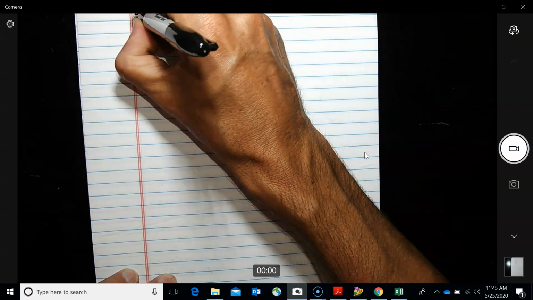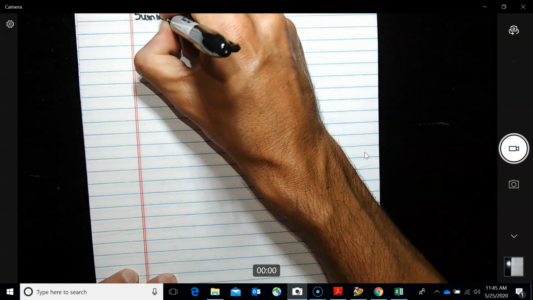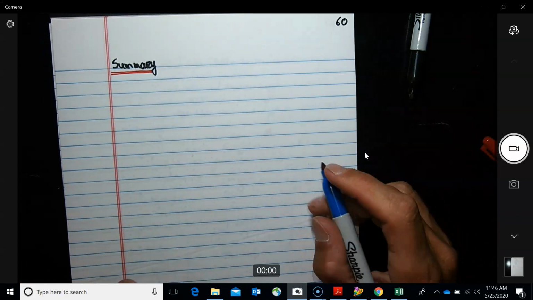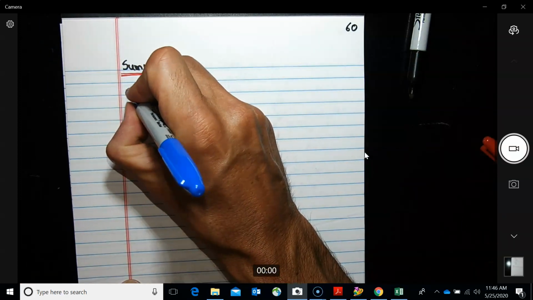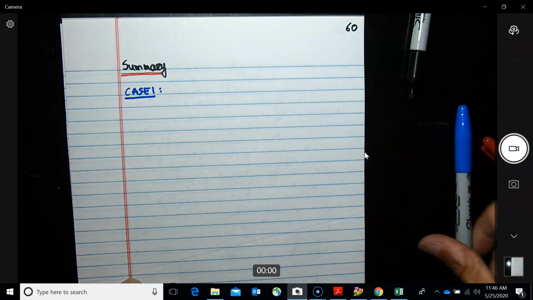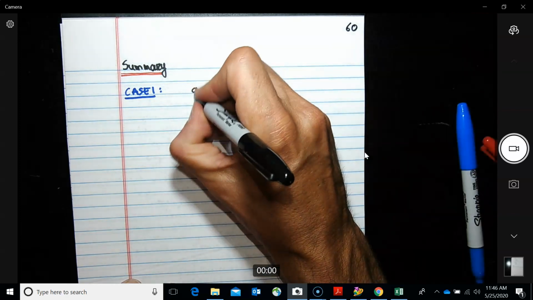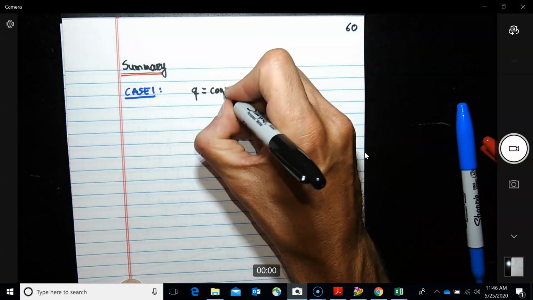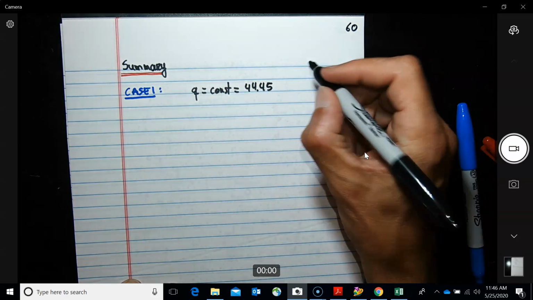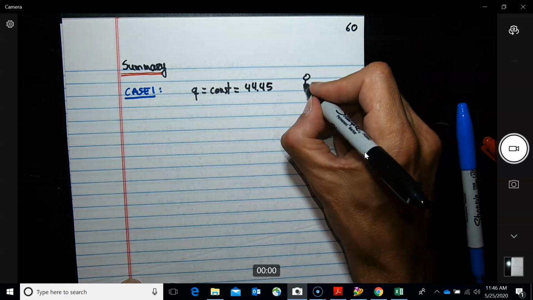All right, 60. So let's say here summary. Okay, so what is the summary? For the example we just did, which is case 1, what did we find? We found that Q is constant and equal to 44.45. Just want to look at the magnitude, okay? So if you do the distribution,